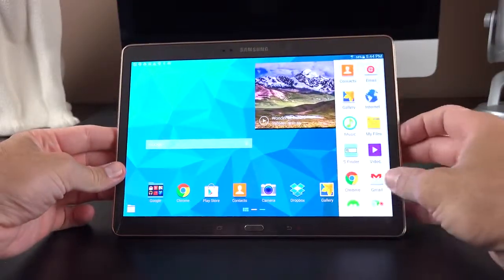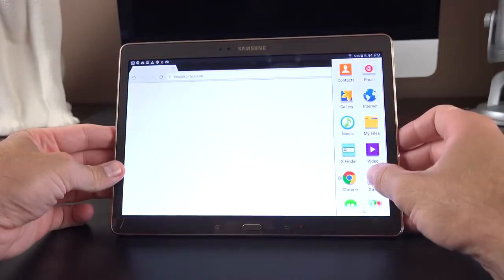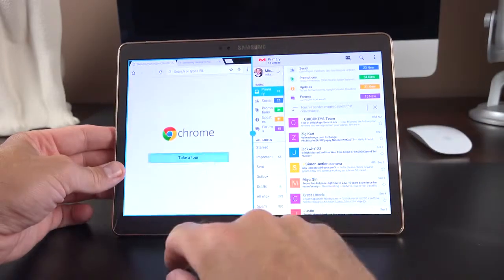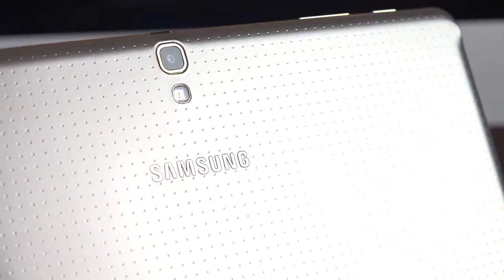You also have a lot of software features with multi-window mode, which makes this a great productivity tablet, and it runs pretty smoothly on this hardware. So although I'm never a big fan of TouchWiz in terms of its design and performance, it actually does a pretty good job on this tablet, so I really have no complaints. And then we have those excellent cameras, 8 megapixel on the back, 2.1 megapixel